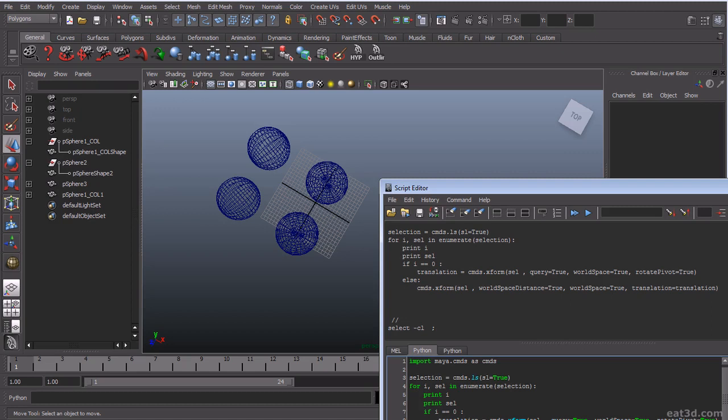So we can do move. And then the way the move command works is you're going to pass translation, the X, the Y, and the Z, then your selection. And then there's this RPR equals true, which means rotate pivot relative. So it's basically we want to move this distance based on the rotation pivot, which is kind of a way to